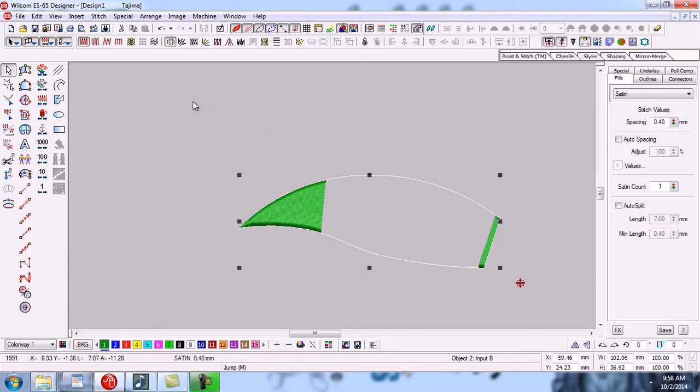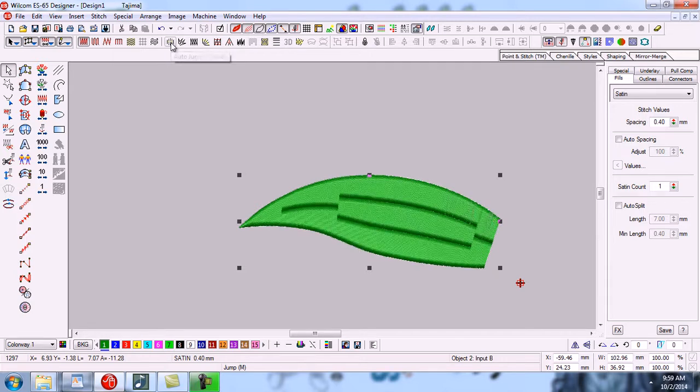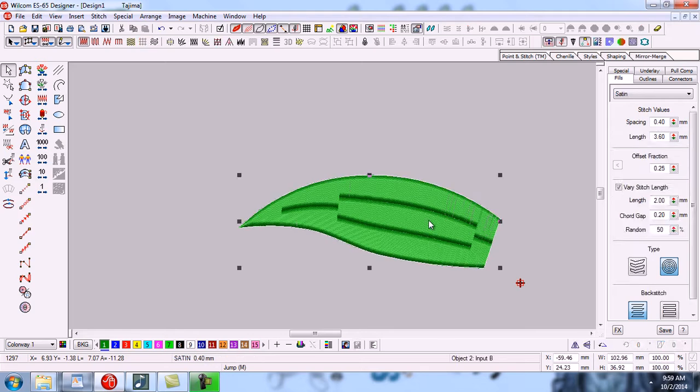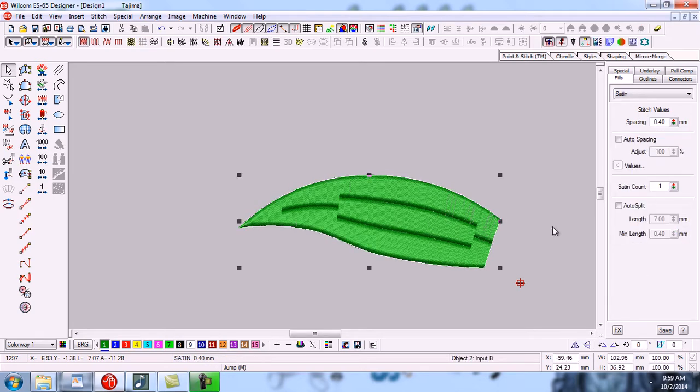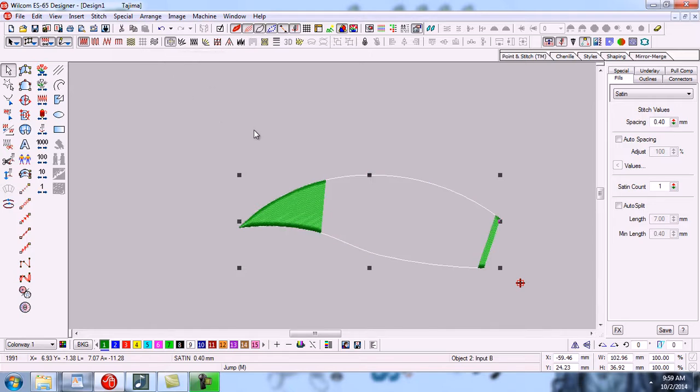Here we have one more value with the name of auto jump. Here you can see that there is a tool of auto jump. We can also apply the auto jump tool on the object. As I click here, you can see that this is the auto jump value. So if you have to remove it, we will click again on auto jump.